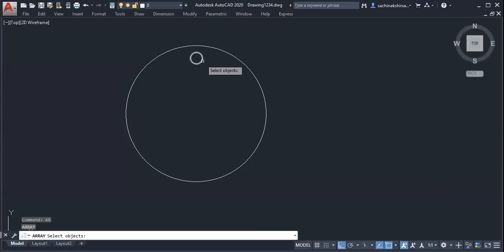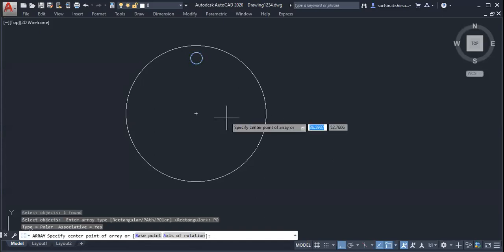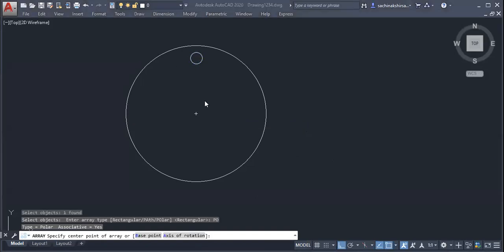AR enter, select object, the smaller object we have to select first, enter. Which array? We want to go for polar array. Polar means r and theta. In your MT you might have seen polar coordinates, r and theta. Select the center point.